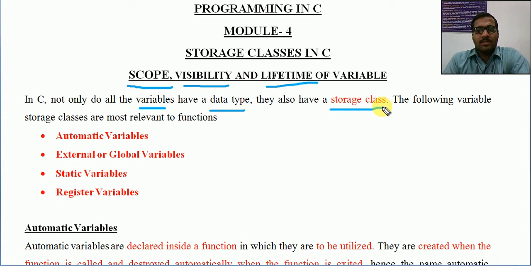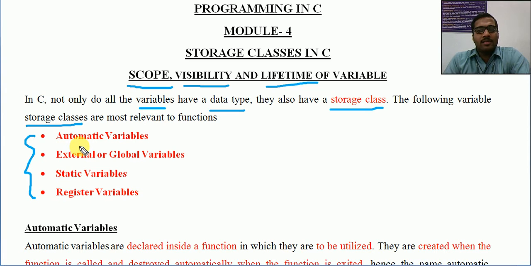Sometimes it is related to the storage of a variable, where it is stored and how. Every time a variable is to be accessed, it must be available in the storage, in the memory. Where it is available, or whether it can be accessed or not, is decided based on the way in which we declare the variable, and that declaration depends on these various types of storage classes. So in C there are mainly 4 types of storage classes.